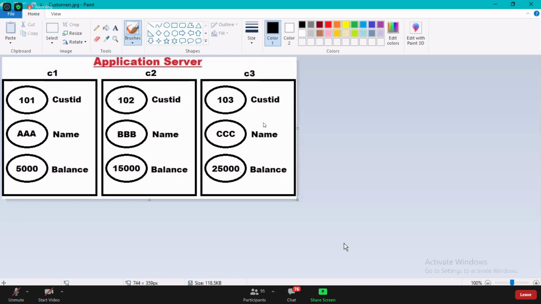If the changes of one instance were to reflect to the other, what would be the problem?